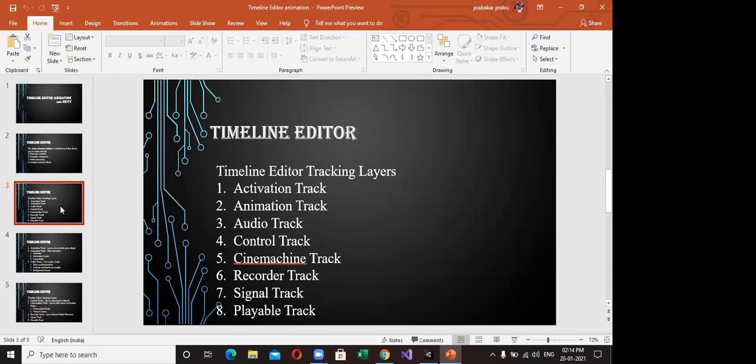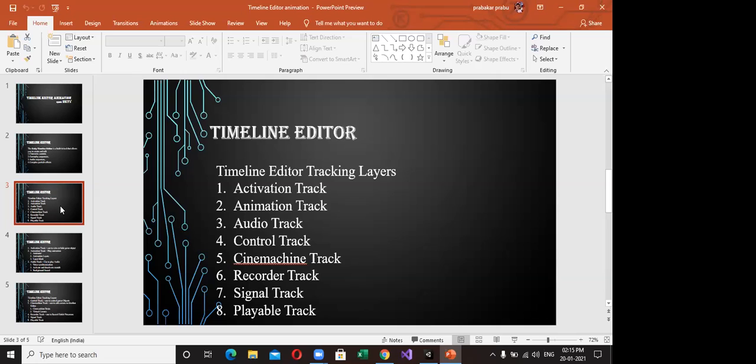Next, audio track: your background music and foreground music. Foreground means your voice-over, sound effects, button sounds. Background means your background sound, and volumes are controlled by the audio track.